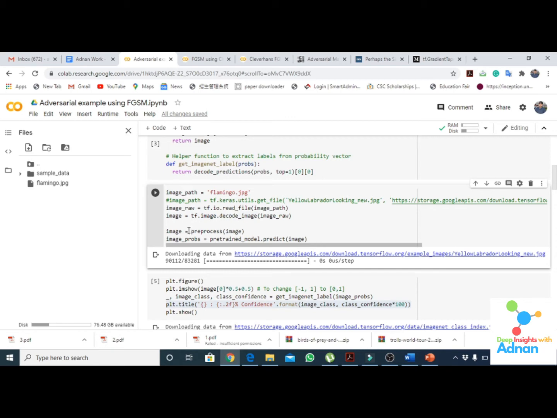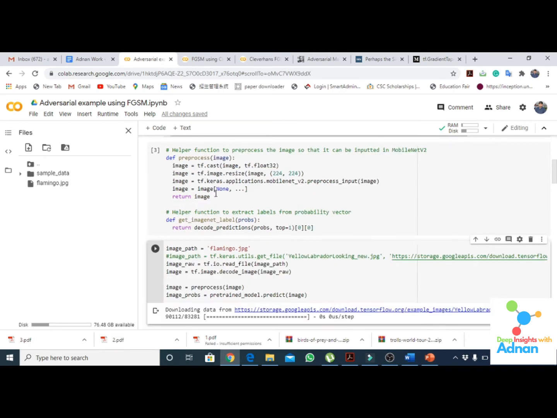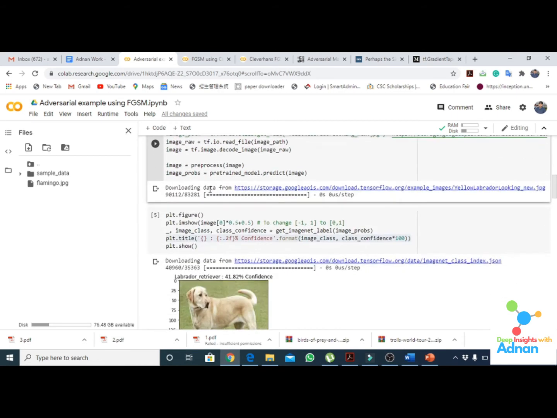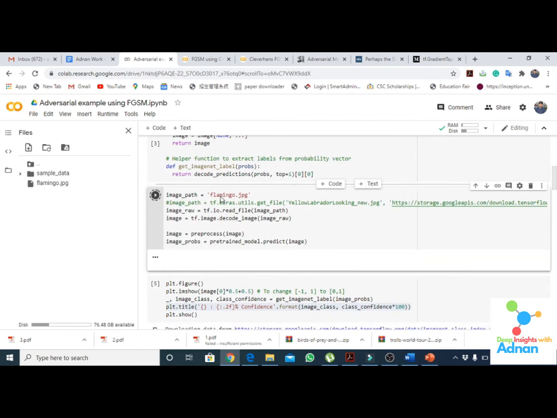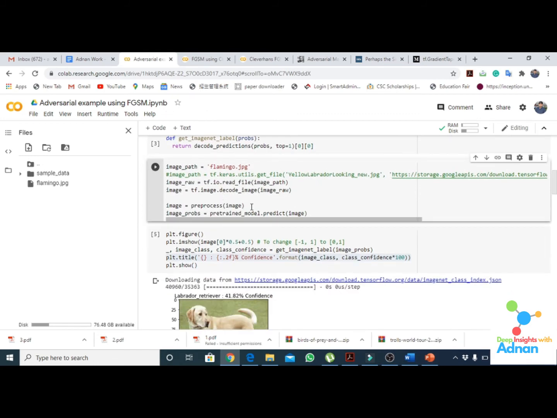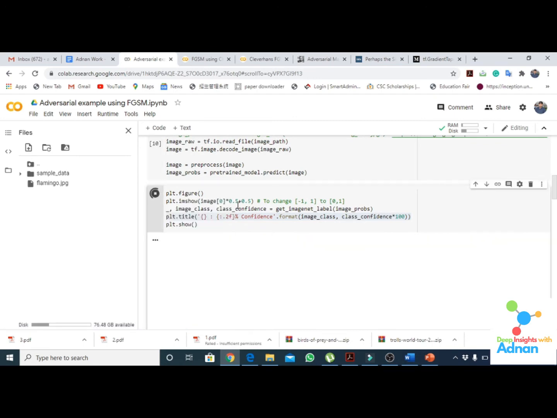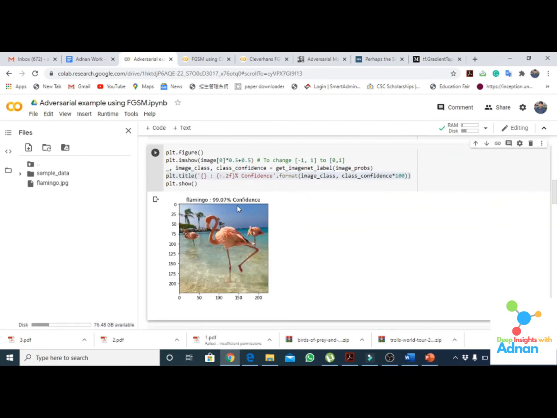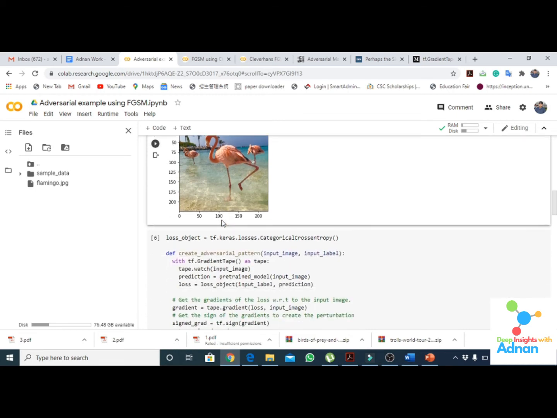After pre-processing, with the function we have created, the image is given to the model to predict which class it belongs to. So let's run this, and we can see that this is a flamingo image, and the model has detected it with 99.07 confidence. Quite good, I would say an excellent prediction.